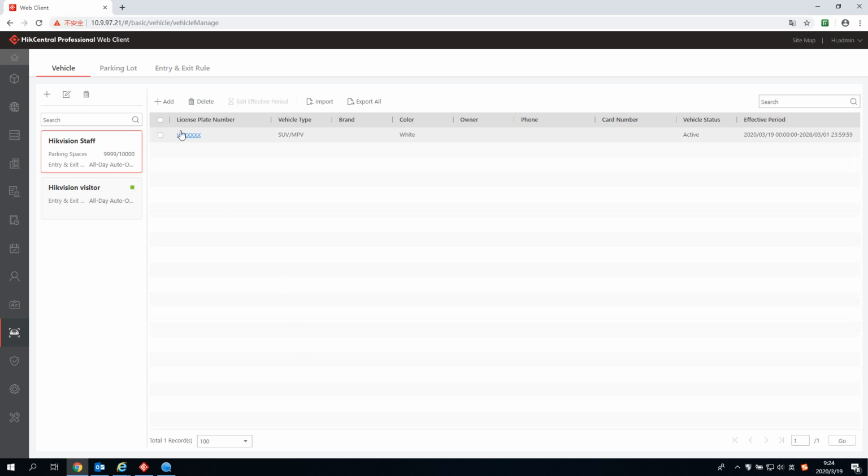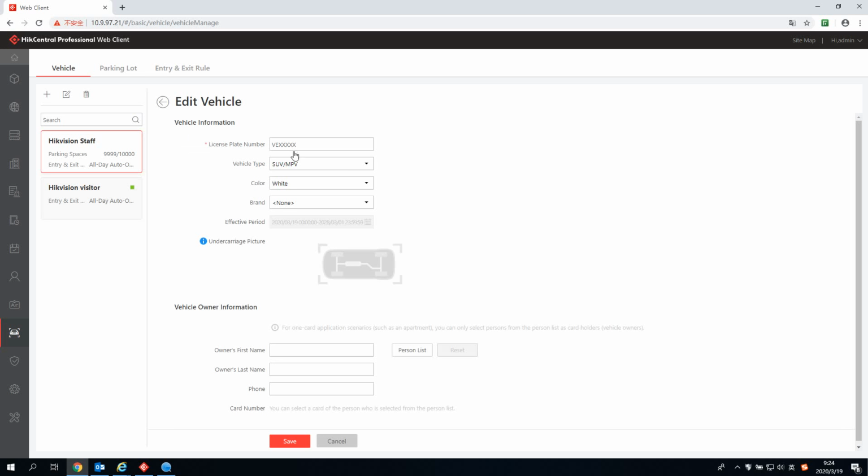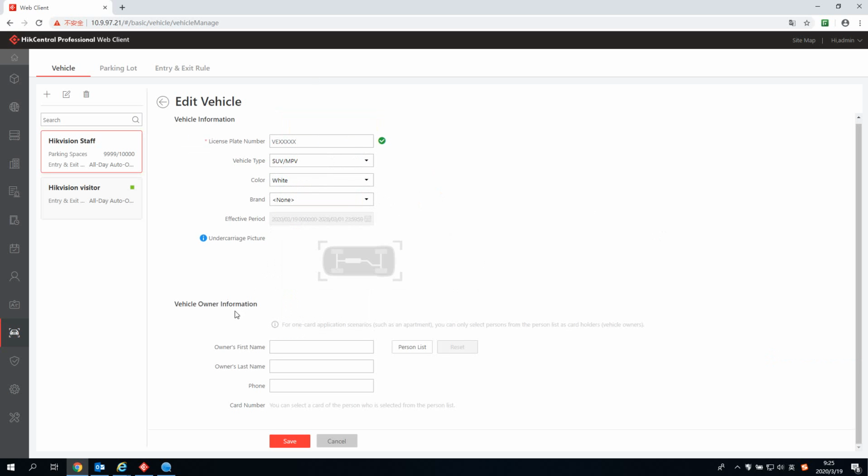Alright, so that's step 2, and then plate number. After we input the plate number, the vehicle tab, and also color or brand, we don't need UVSS, and vehicle owner information, you can just input the name, like Sherry, or you see here,